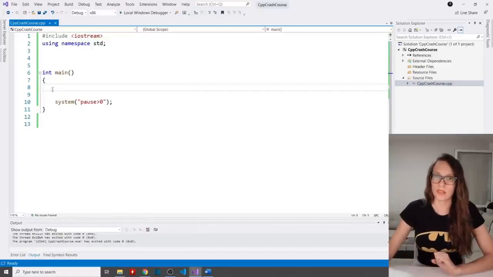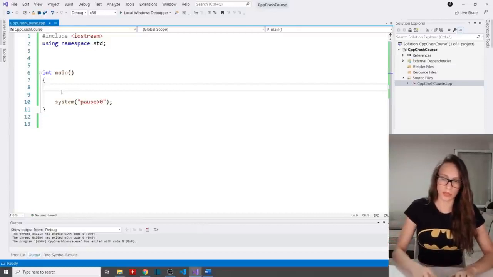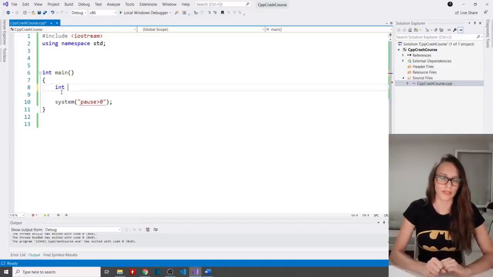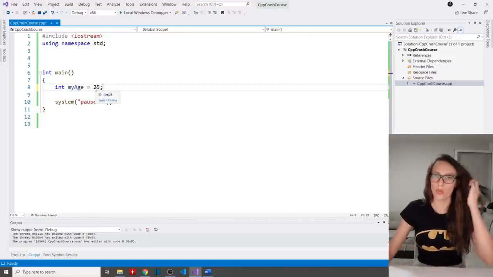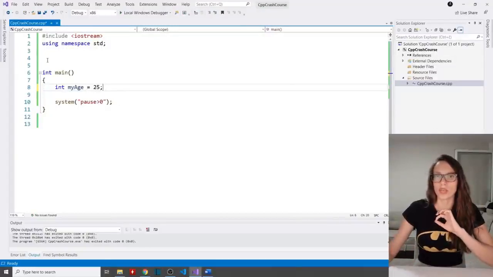So the first thing that I will do is create a variable, and let's call that variable my age, like this, and I'm going to assign it a value of 25. Now, what I want to do next is create a function.